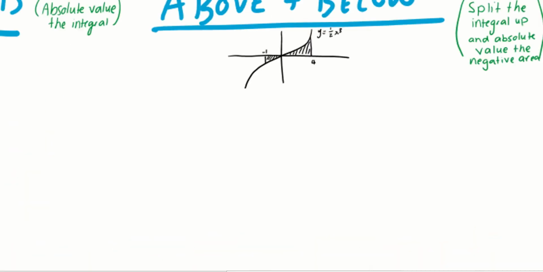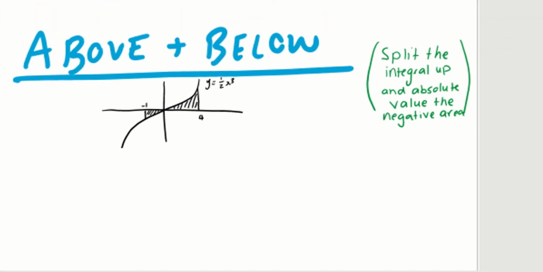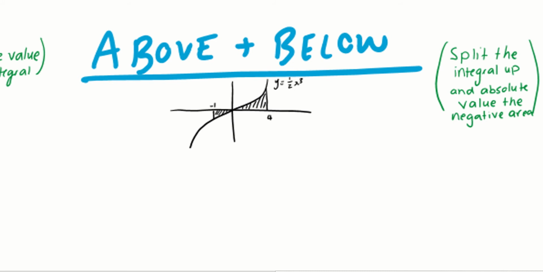Okay, next is when we have both areas above and below. So it's integrating both of the last 2 things into one type of question. So when we have to do this, I have said we split the integral up and you absolute value the negative part. So once again, show the marker you know this. Be very clear, be explicit to get that line of what the marker wants to see. So show them that you know you're going to have to do the integral between -1 and 0 of this function